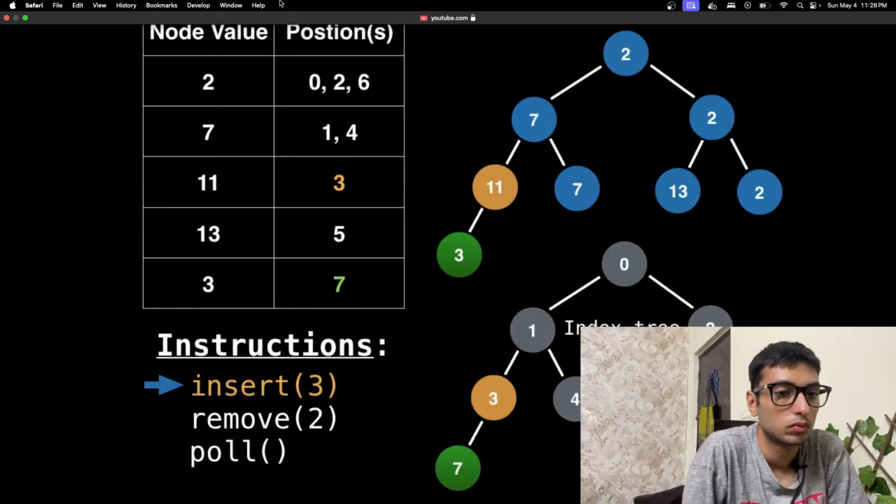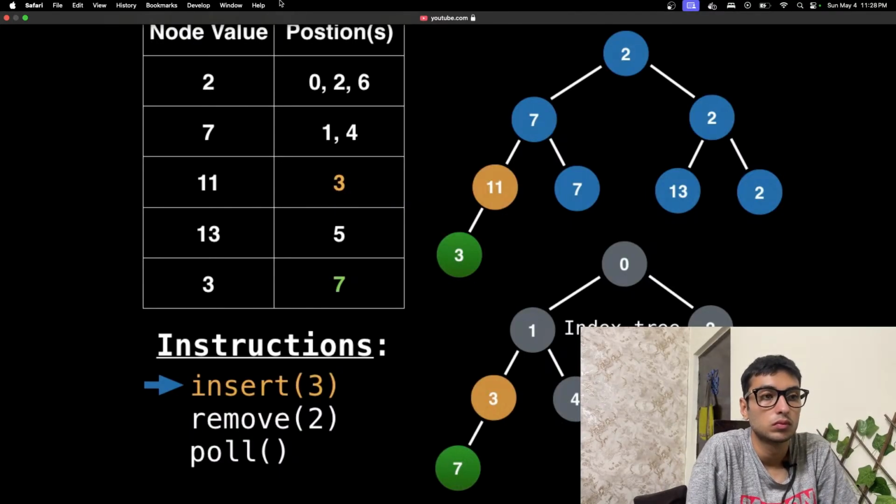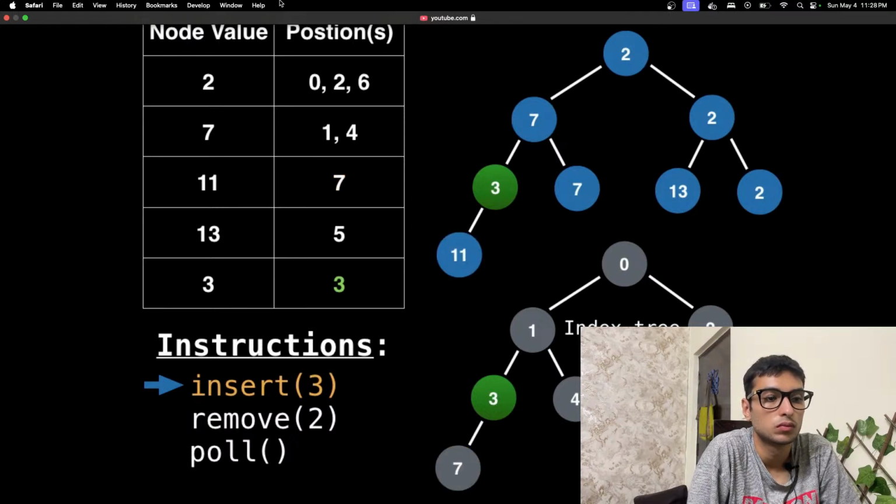The parent of 3 is 11, which is greater than 3, so we need to swap those 2 nodes. I've highlighted the 7 in the index tree because it maps to 3 in the heap, and 3 in the index tree because it maps to the value 11. Now swap those both in the tree and in the table. Awesome. Now the heap invariant is still not satisfied, so do a similar thing for the node above. We grab the parent and do a swap in the tree and the table. And now the heap invariant is satisfied, so 3 has been inserted successfully.